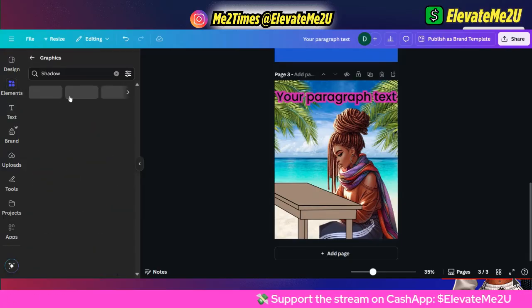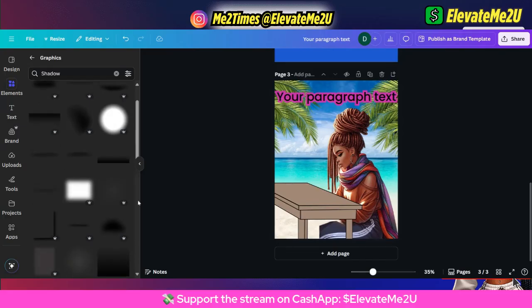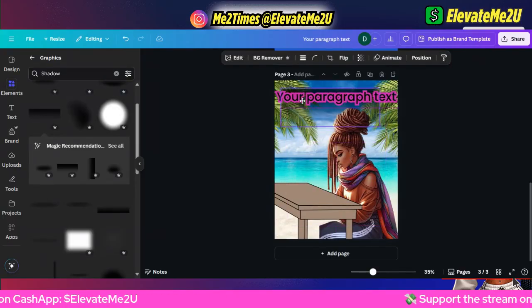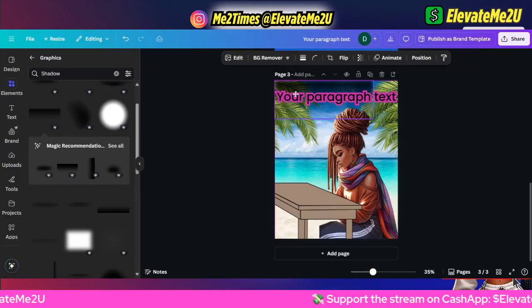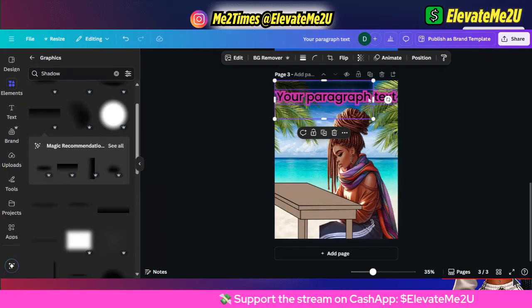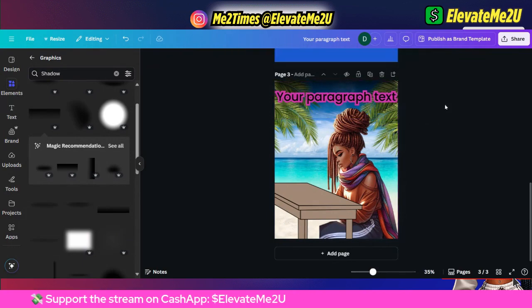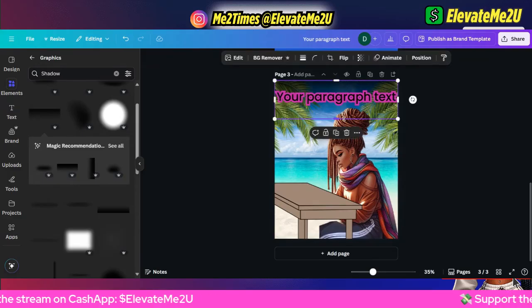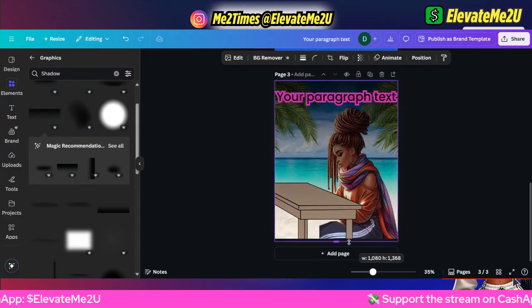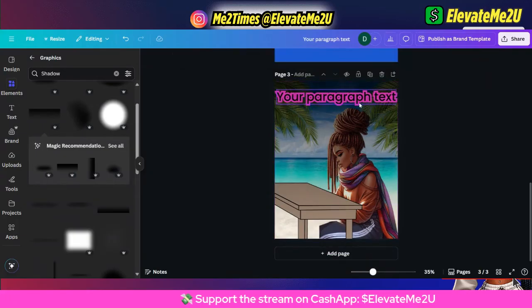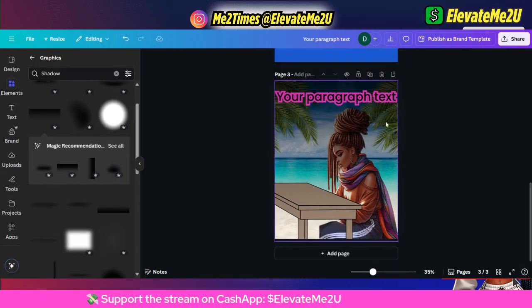Just say we're going to do a shadow. And let's say we're going to use a black one, right? So we have that here. See how the letters are standing out more now? And to make sure that